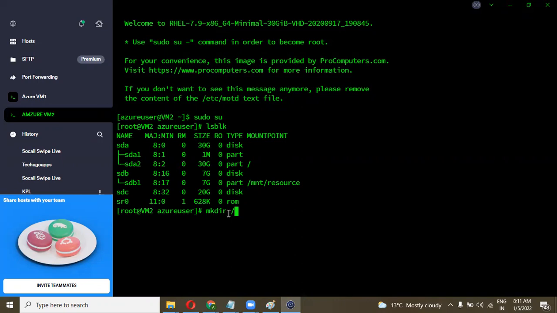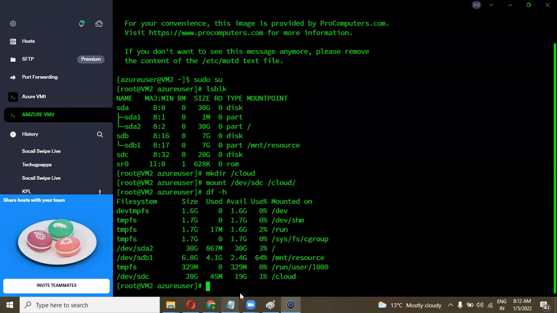I'm going to create a directory named cloud, so I can easily mount the disk: mount /dev/sdc to which folder? The cloud folder. So you can see the disk is successfully mounted there. You can cross check with df -h. You can see 20 GB is mounted on the cloud folder.